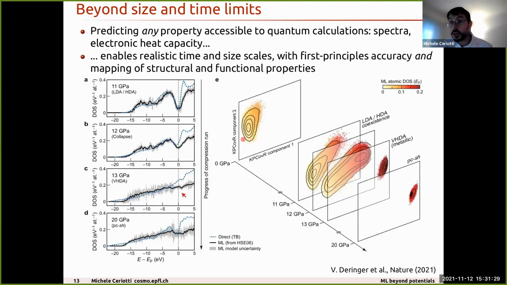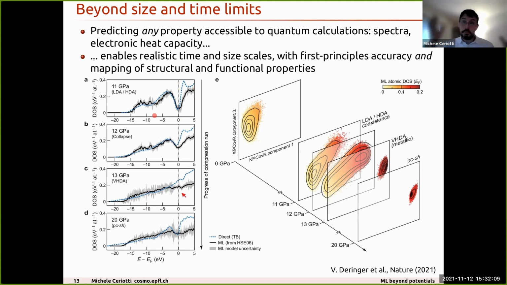And the electron density of states can also be used, for instance, to get an idea of the electronic properties of a material, and this is really a paper by Volker Deringer. We gave a very small contribution to it, but I think it's a nice contribution. So they had a model they could use to simulate the behavior of amorphous silicon under high pressure. They had a full description of the structural properties, but experimentally, the way you probe this system involves measuring the conductivity. And so what we could do was to predict the conductivity by using the density of states as a proxy